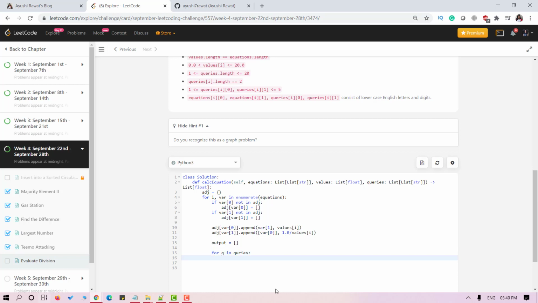If a variable does not exist in the graph, then we can return -1.0. If the query divides a variable by itself, then we'll return 1.0.